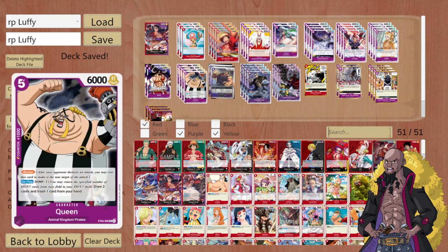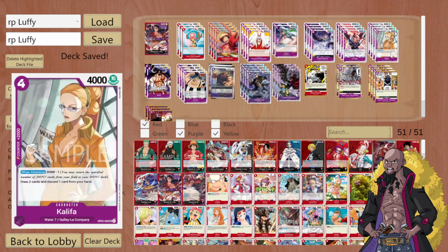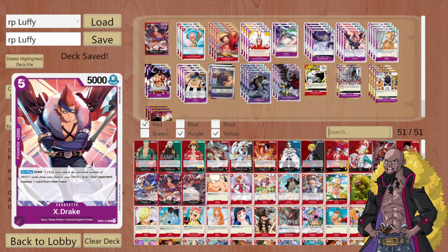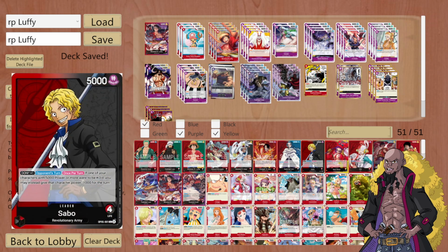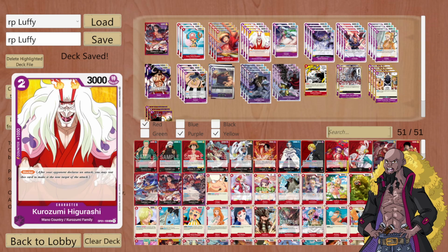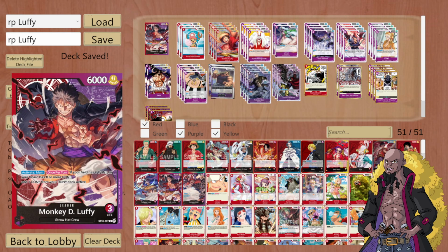And so it's actually quite easy because you play a ton of 2K counters. We're playing Sasaki here. We have Khalifa as well. In addition to that, we have 4 copies of X-Drake. So we have a ton of 2K counters. We play blockers in the deck as well. Tony Chopper as well as Higurashi. So we have a ton of defense in order for us to make sure that we do not get hit